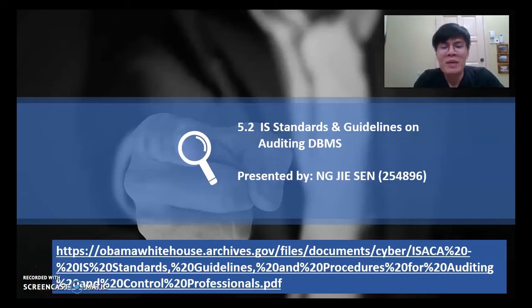Hi, good day everyone. My name is Jason with metric number 254896. Now I would like to proceed to 5.2 about IS standards and guidelines on auditing database management systems. So here's a link for you to refer, which is a document by ISACA talking about the IS auditing